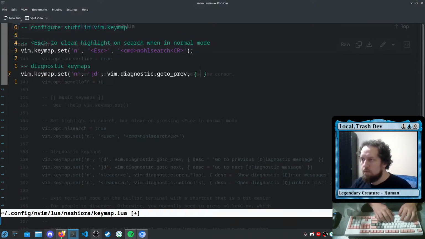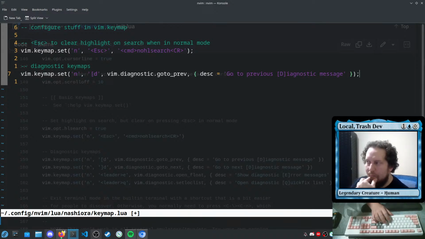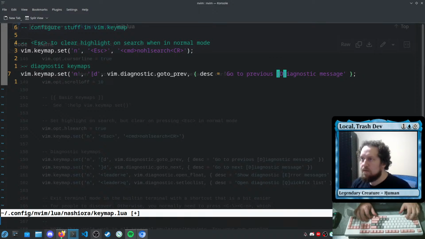We are here. We want description equals go to previous diagnostic message. And I know this is going to render with a plugin eventually. Now, I'm pretty sure we get funky Lua syntax